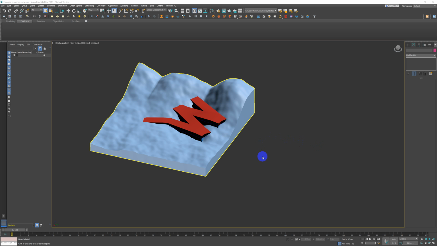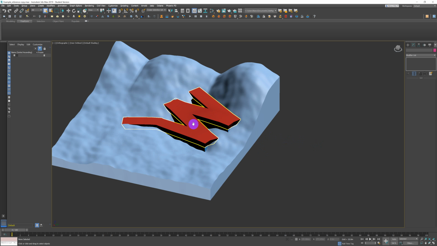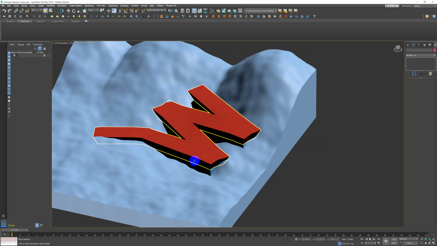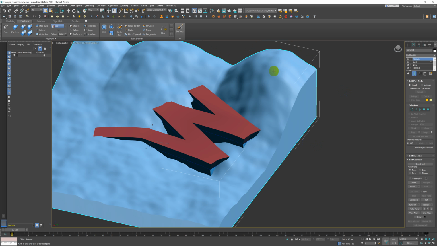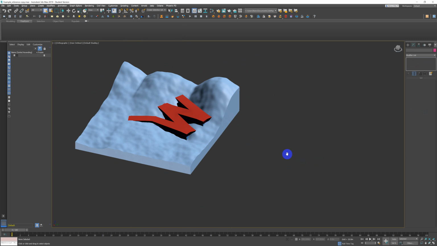Okay, so what we have here is our topography, and we're going to use this as a cutting object. The red is the cutting object, and the blue is the filling object. So typically you might take the terrain and cut your cutting object from it and fill your filling object into it. But this time we actually want to make a calculation of how much cut there is and how much